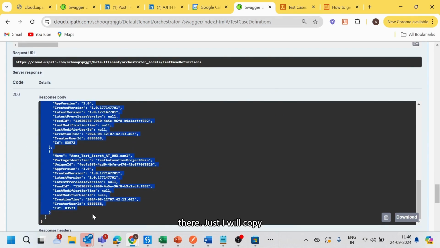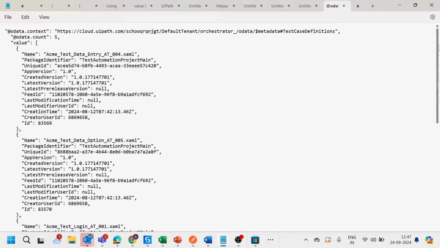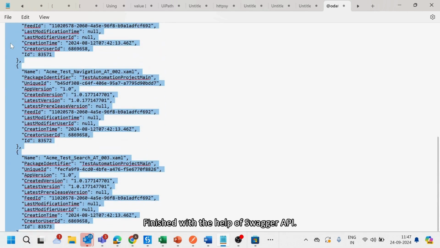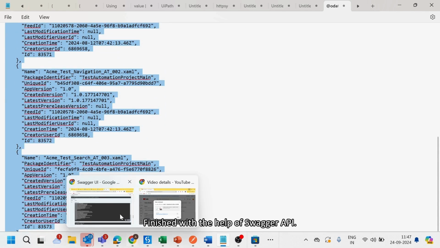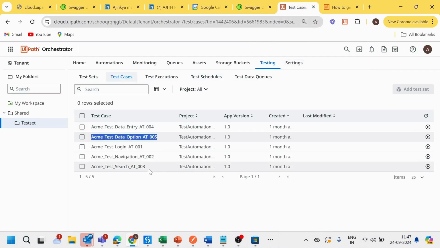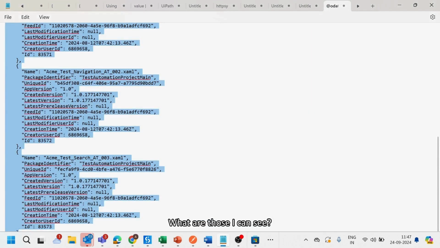I will copy that and place it here. You can see that all the 5 test cases' details have been fetched with the help of the Swagger API. This one, which is nothing but these 5 XAML details. What are those? You can see